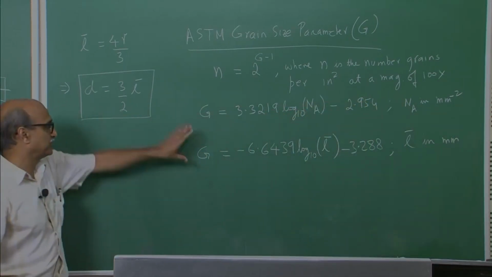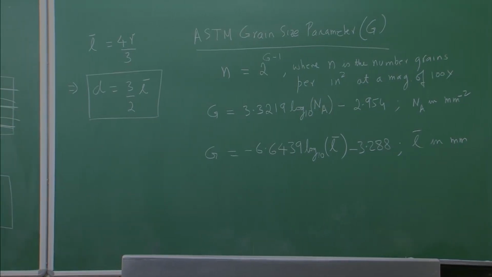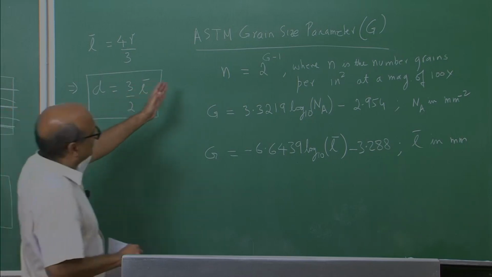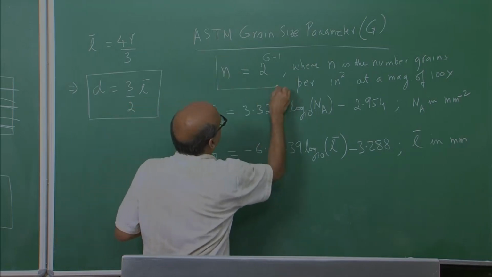So, these are two relationships one can use to get a grain size measure in terms of the ASTM grain size parameter. One interesting thing that one should look at in this particular definition of ASTM grain size number,